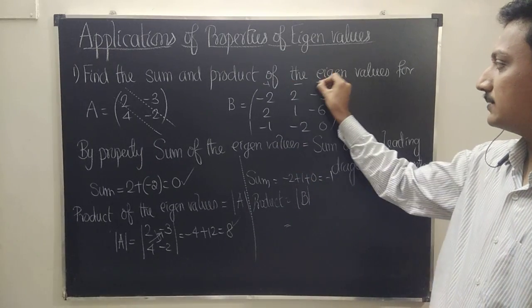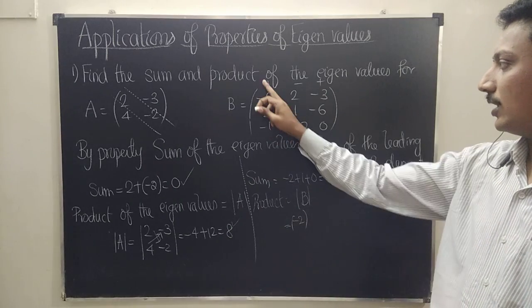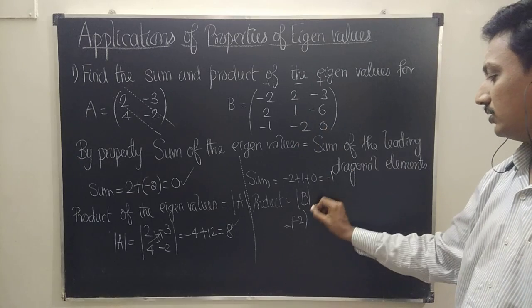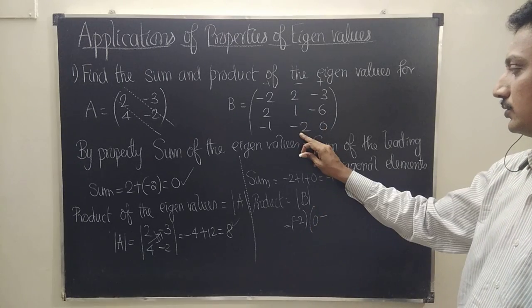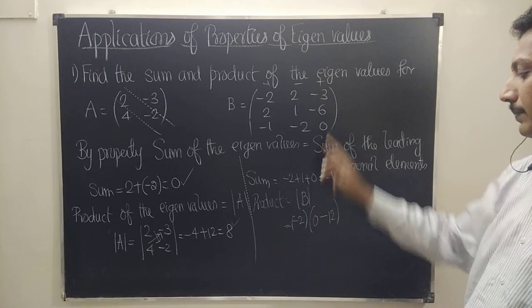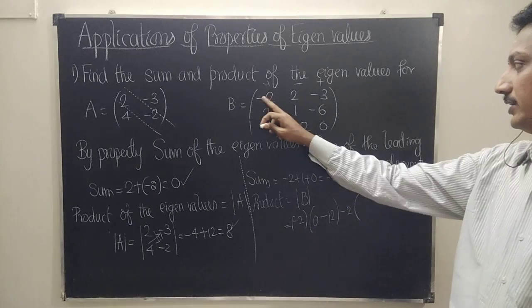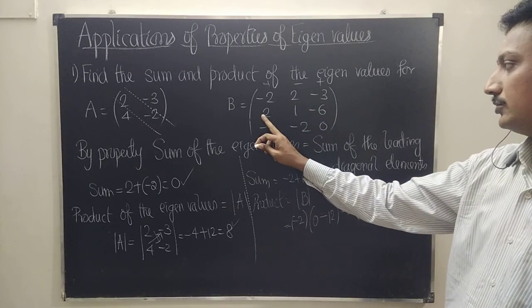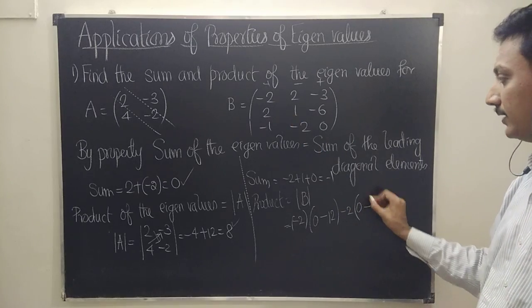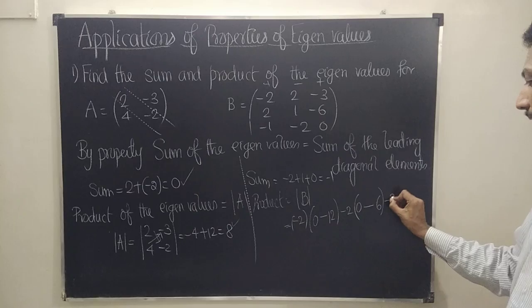Plus, minus, plus. So plus means it is minus 2. This row and this column are eliminated. So 1, minus 6, minus 2, 0: 1 into 0, minus 2 into minus 6 is minus 12. Because of this plus 12 but minus is already there, so this is minus 2. So minus 2 into that. Next, this row and this column are eliminated. So 2, minus 6, minus 1, 0: 2 into 0 is 0, minus 1 into minus 6 is plus 6. So this is finally minus 3.